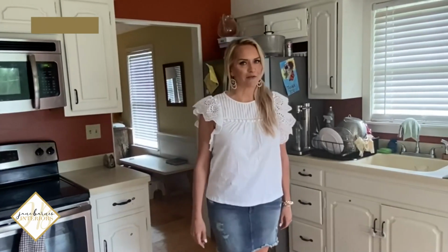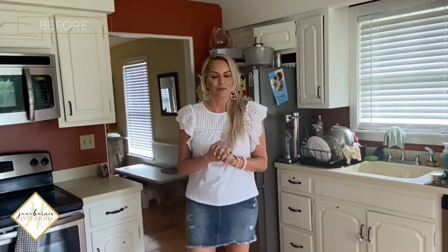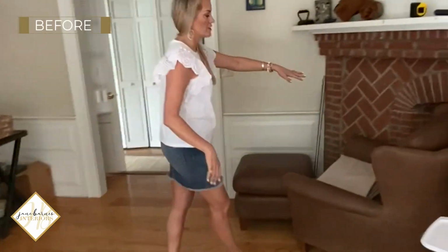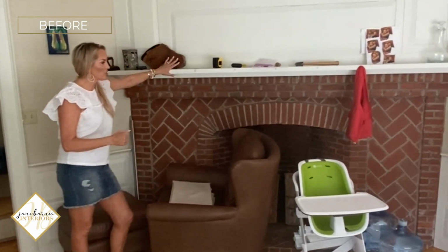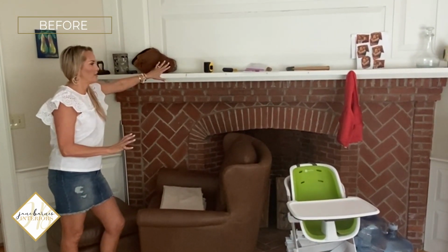can also be challenging. So within this space, they had a kitchen that was just really not very functional, not very big, and certainly not what Giulio needed for his cooking style. And in addition to which, this space has an existing fireplace that's really, really beautiful, just really challenging to work around. So this was a challenging project to work on because we wanted to give them the seating area within